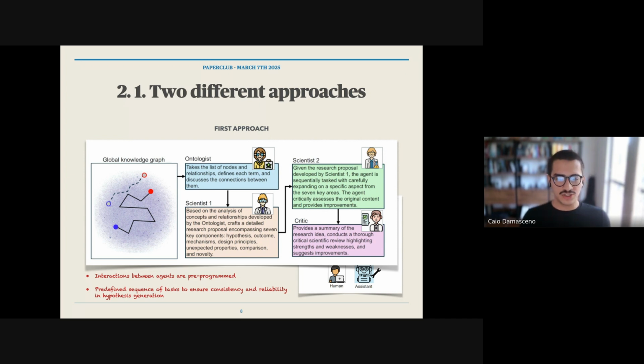Each agent will have their role predefined and their interaction will be predefined as well. And it ensures consistency and reliability of the hypothesis generation, but it can be a little strict as well, because there's no flexibility depending on what comes from the agent response.